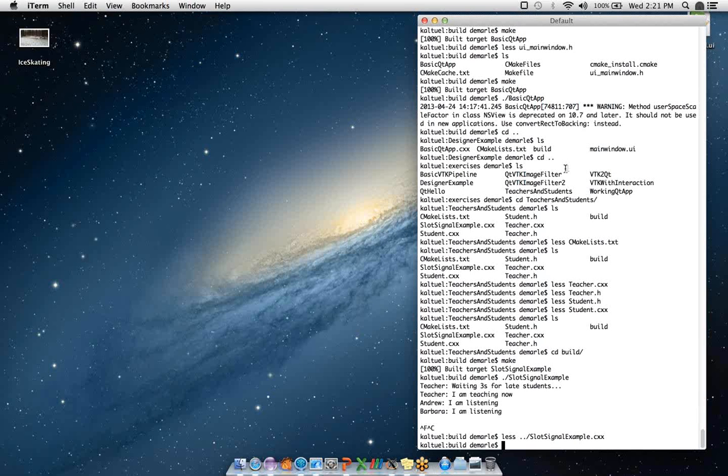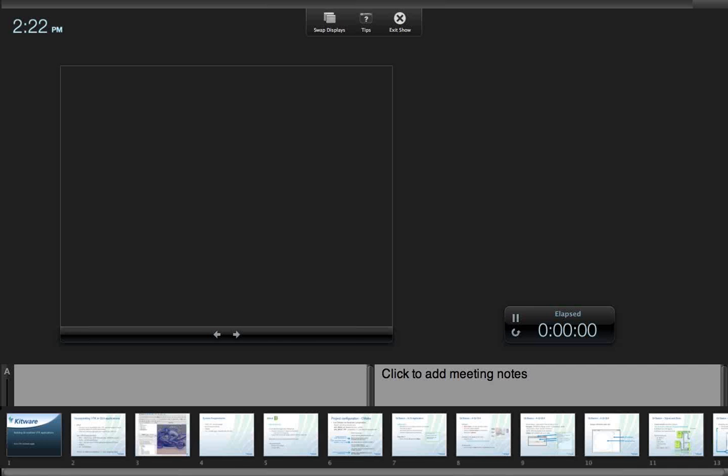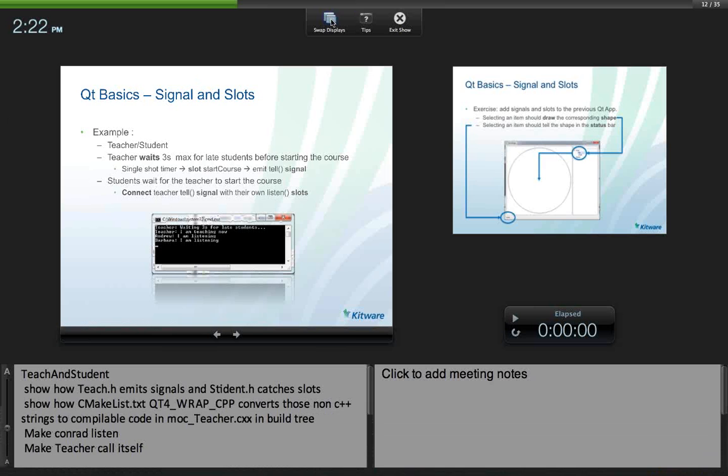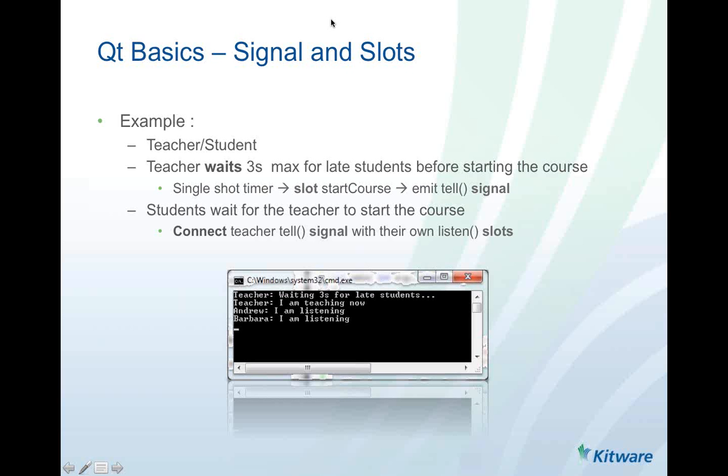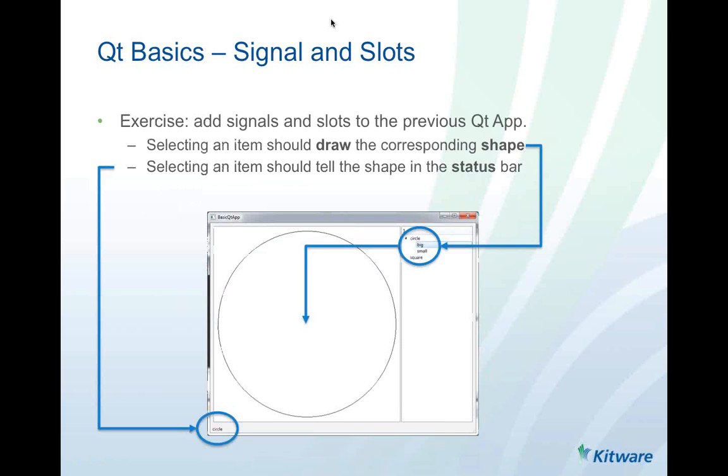Okay, so that's the general flavor behind Qt's signals and slots. We have instances which can fire off signals, and we have instances which can respond to those signals within their slots methods. What signals and slots are really useful for is coordinating all of the various things that you'd expect in a modern GUI. When a button presses, other code has to happen. You've got buttons which are coordinated with each other, which have to show